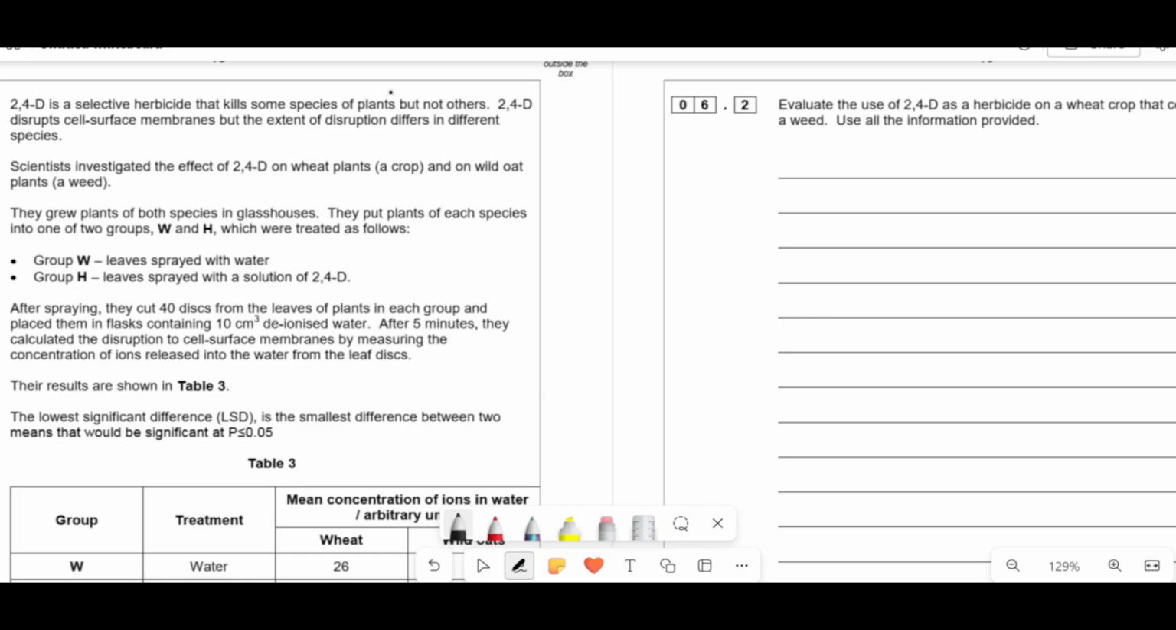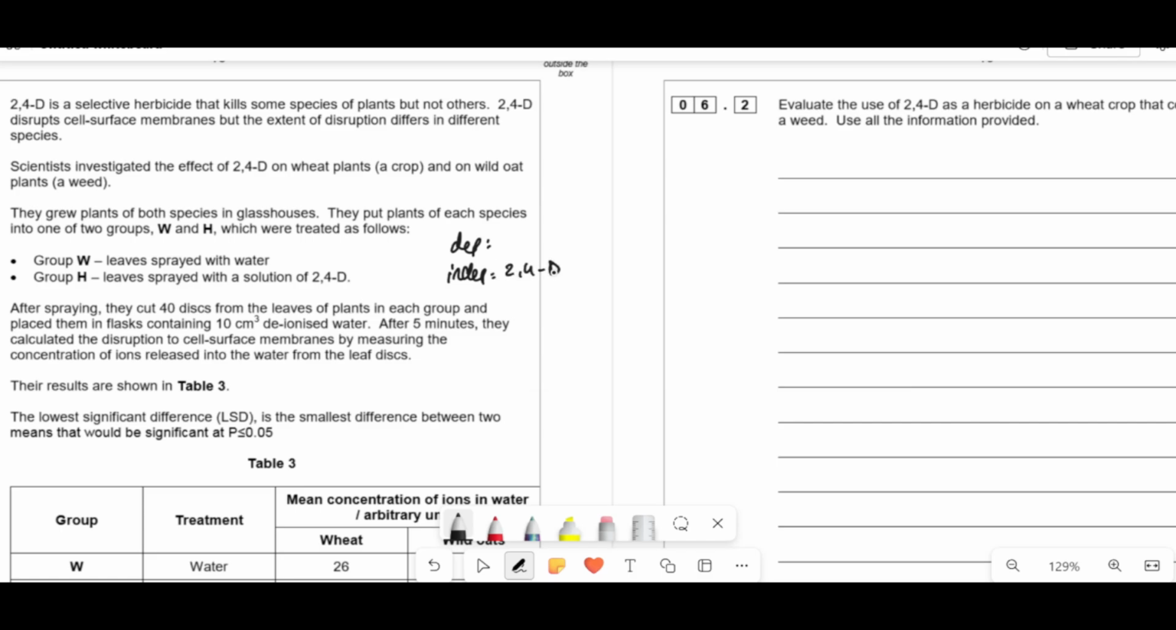So 2,4-D is a selective herbicide that kills some species of plants but not others. It disrupts cell surface membranes, but the extent of its disruption depends on the species. Scientists investigate the effect of 2,4-D on wheat plants and on a wild plant, a weed. Remember, independent is what you're changing. So what did they do? They grouped plants of both species in glass houses. They put each of them in one of two groups, which they treated as follows. So the independent variable,